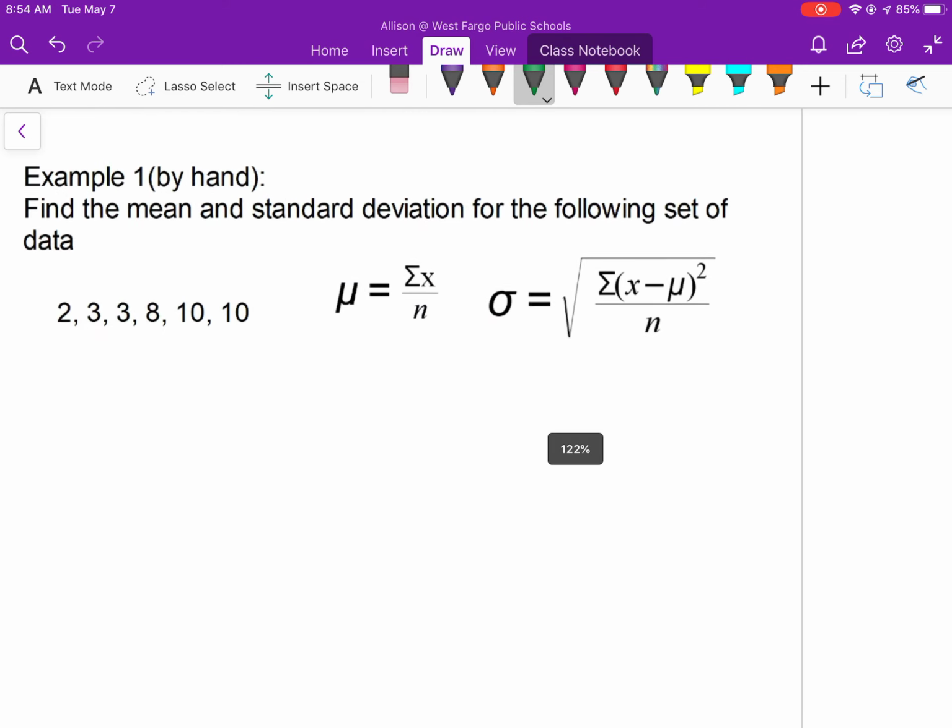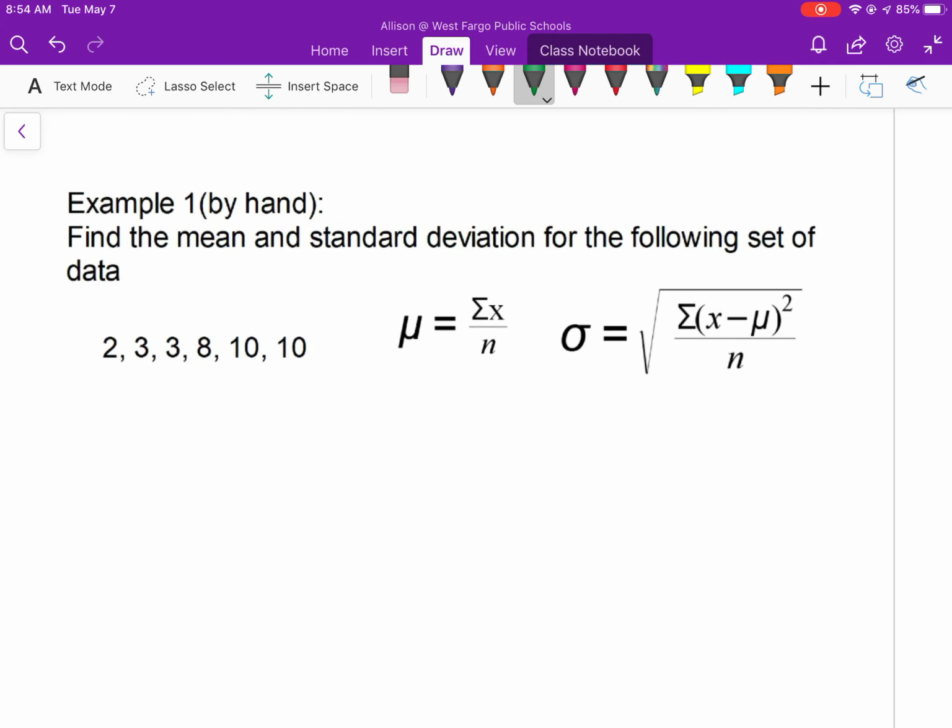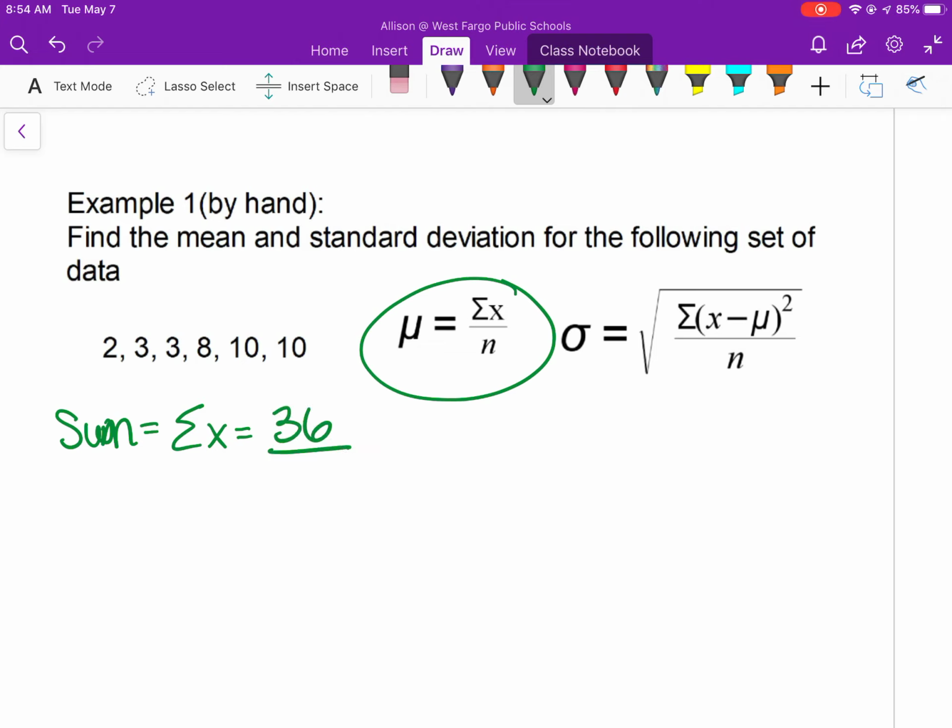So here's our first example. Find the mean and the standard deviation. We can use this formula to find the mean, which isn't any different than what you've done before when you found the average. It just looks different. So you find the total sum, that's the sum of x's. If you add up all of these, 2 plus 3 plus 3 plus 8 plus 10 plus 10, I got 36. And then you divide by the total number n. N is 6 here because there are 6 data points. So the average, your mu or your x bar, will be